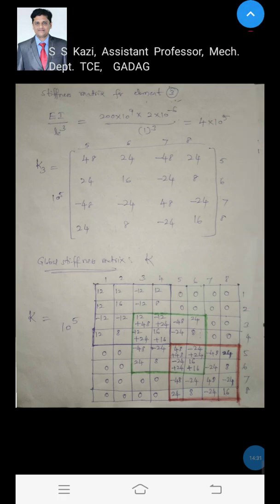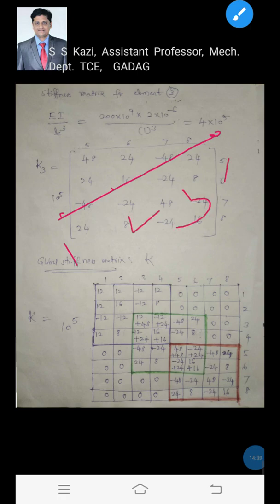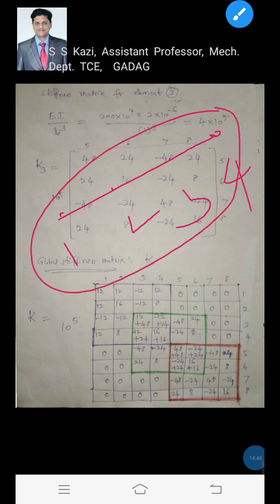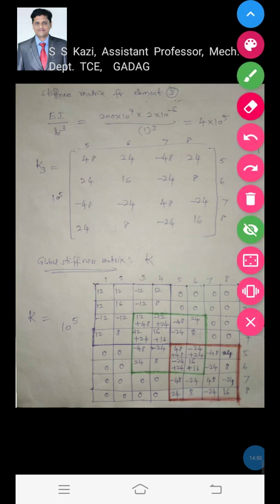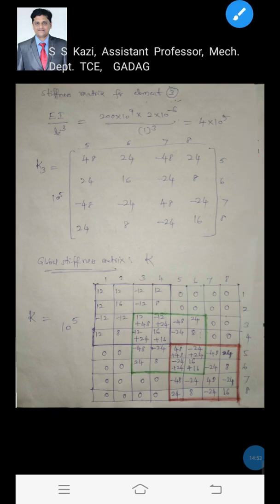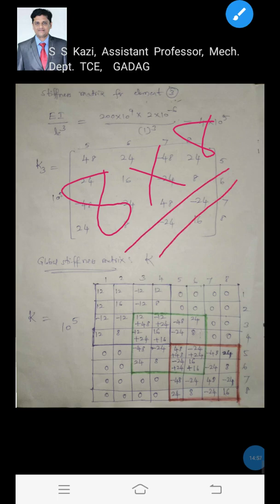Okay, now since there are 4 nodes in our finite element model we have generated for the given problem, and at each node there are 2 unknowns, 2 DOFs, that is deflection and rotation, then totally 4 nodes, total number of unknowns will be 4 into 2, that is 8 unknowns. Then what would be the order of the stiffness matrix? Size of this global stiffness matrix will be 8 cross 8.